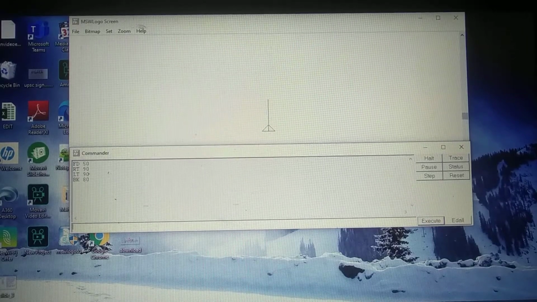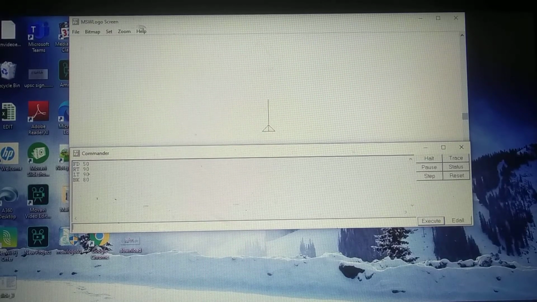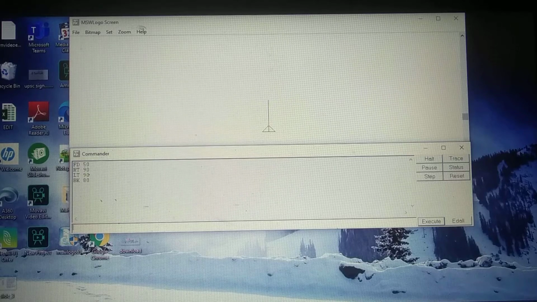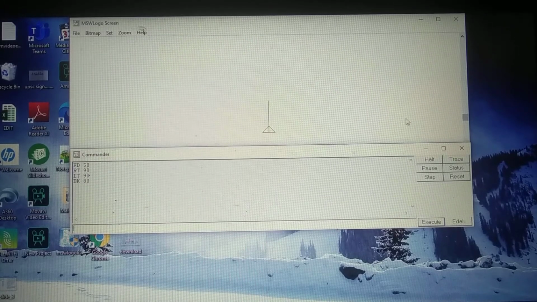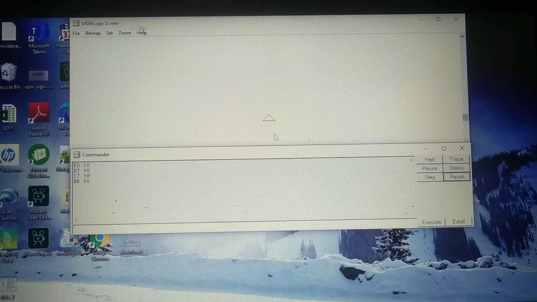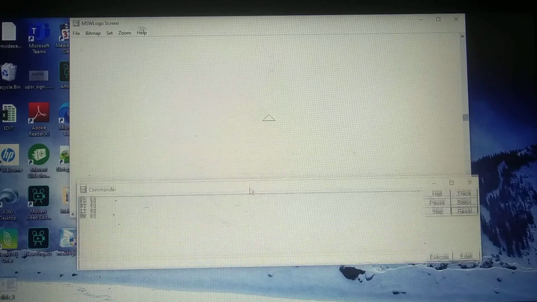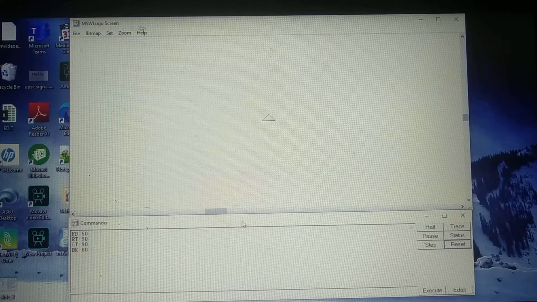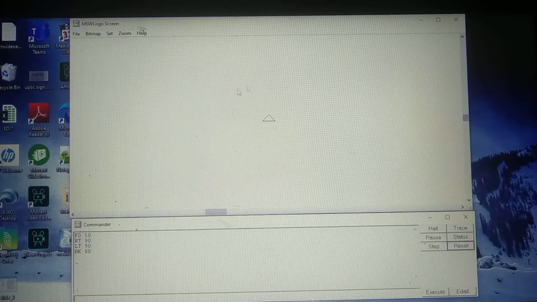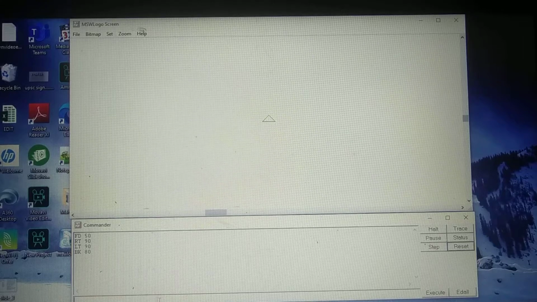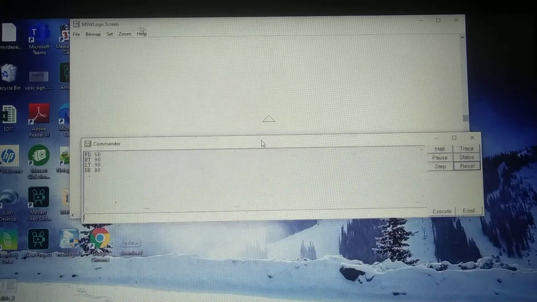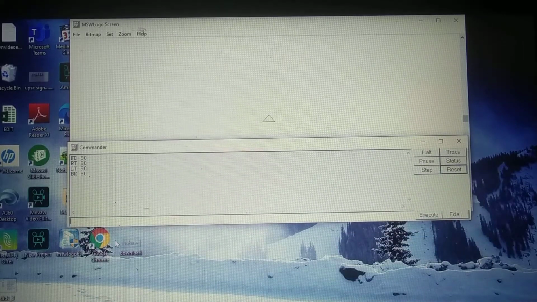Now we will draw one shape using these commands. We can draw a square, where all 4 sides are equal, and we can draw a rectangle using these 4 commands. Now we will reset. See what happened? Whatever you drew in the main screen is cleared and your turtle is in the home position, the starting position. Now we will use those commands and draw the square.